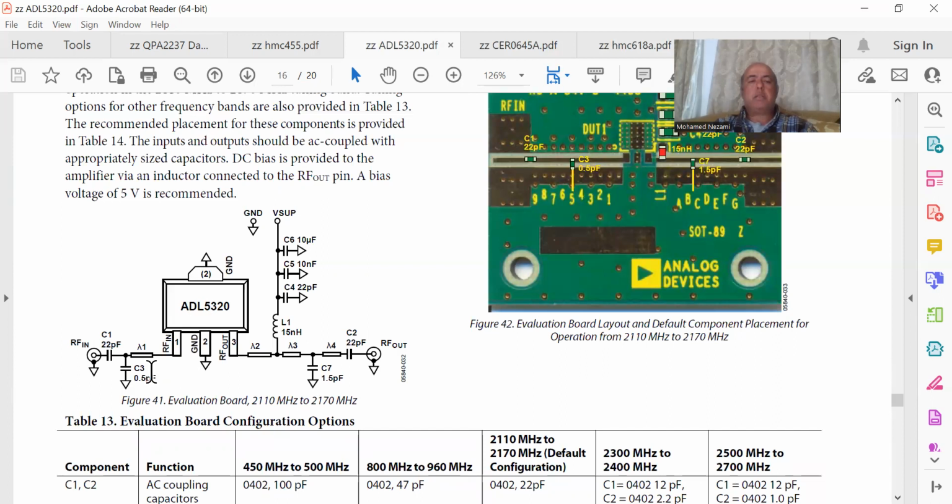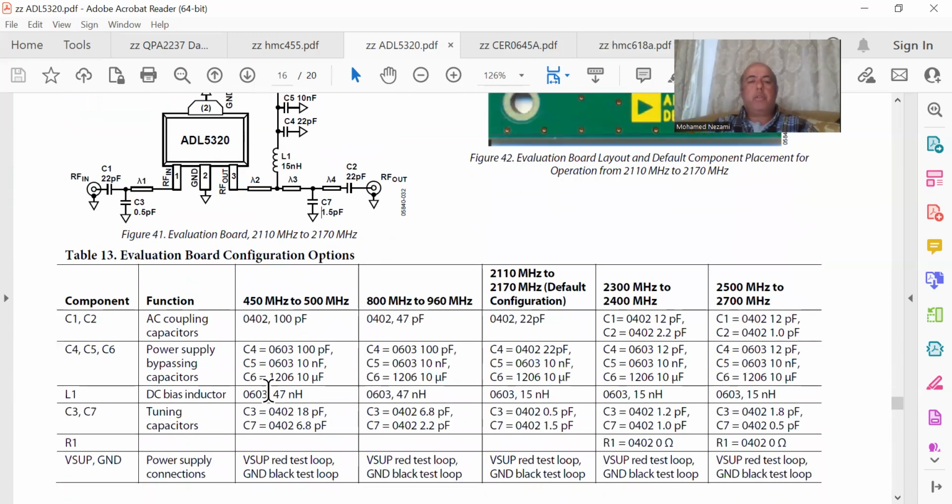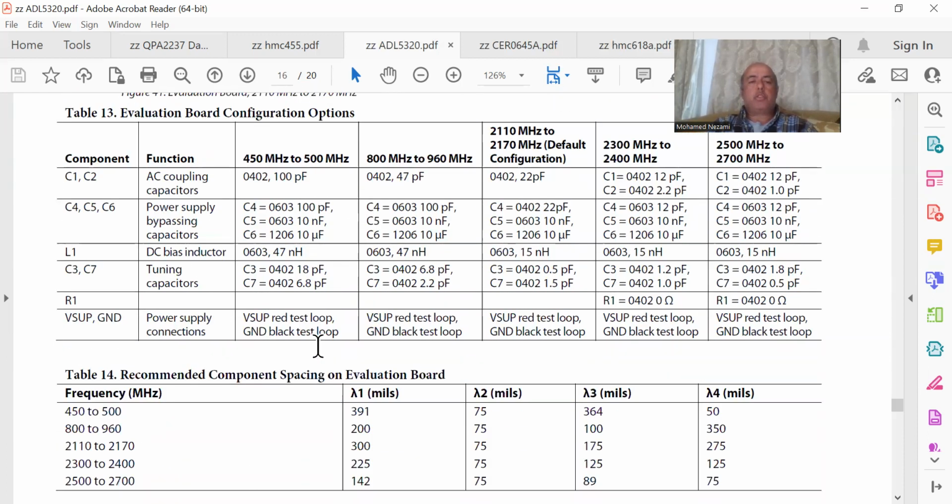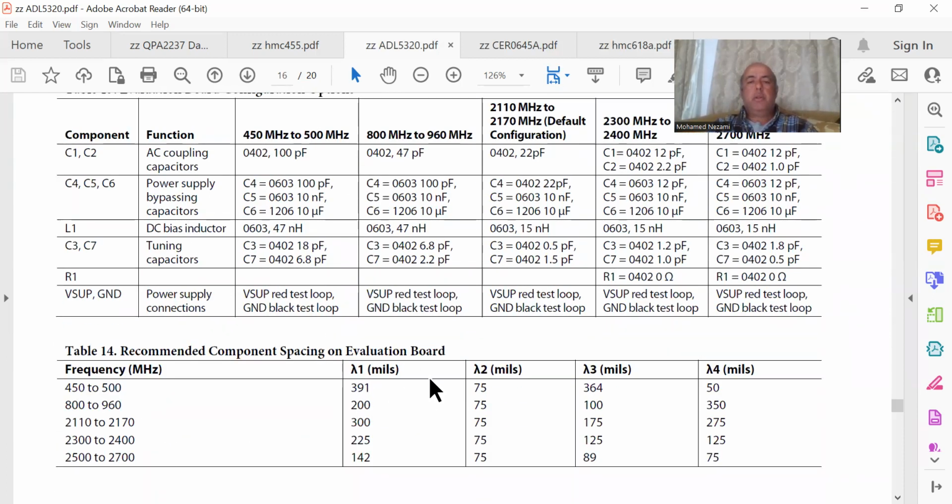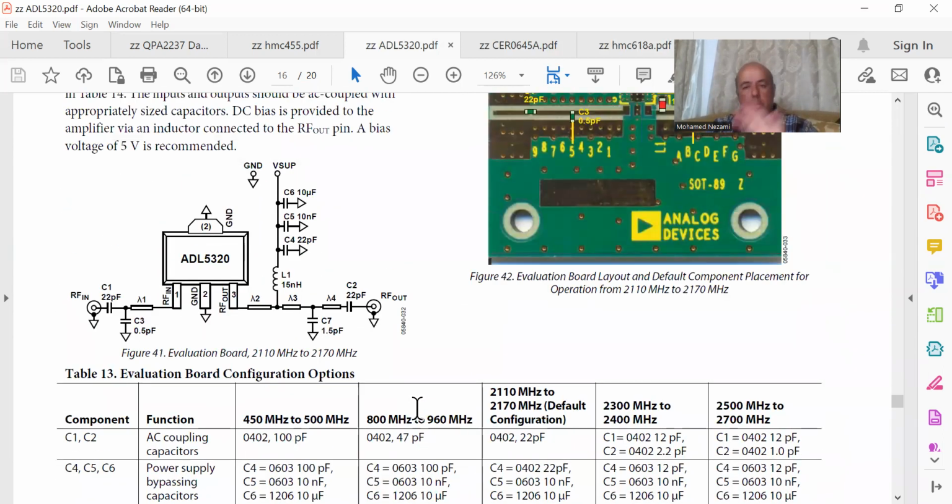So you get the device and you have a few sections that you have to follow here, and they give you all the dimensions for these microstrip lines for various bands, as you can see, lambda 1, lambda 2. For every band, they give you that. But still, what I usually do is take this into